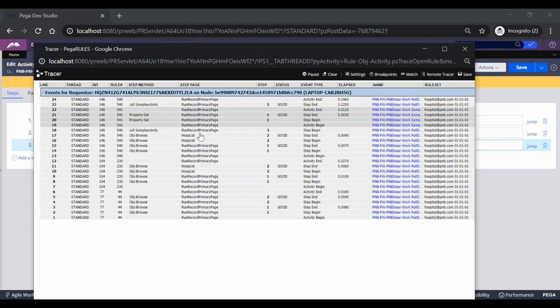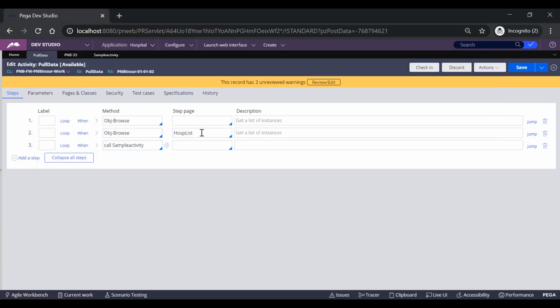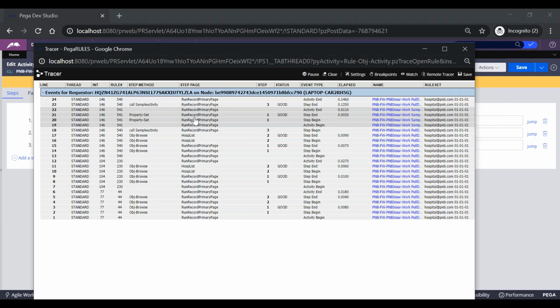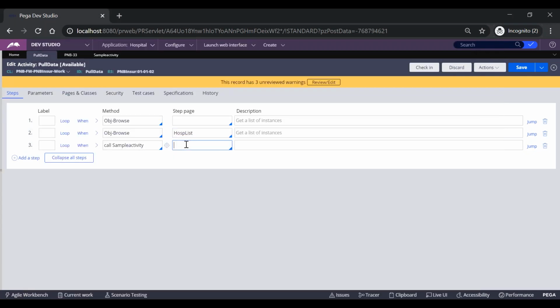From event number 13, we can see that the activity is being executed on run record primary page. Step 2 is executed on the step page we have defined, and step 3 will be executed on run record primary page. Why? Because we have not defined any page here. If you are not defining any page, it will check for its primary page. The primary page here will be run record primary page.